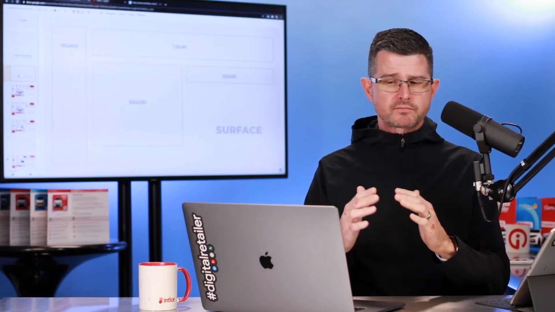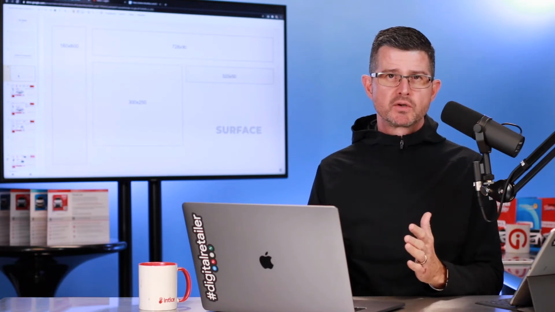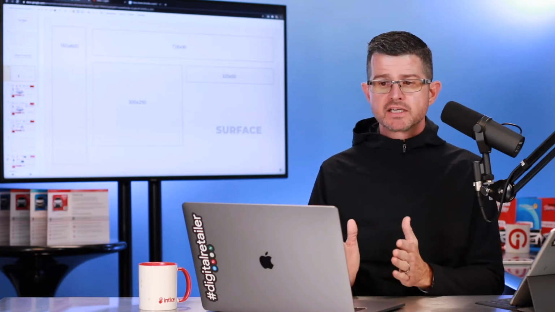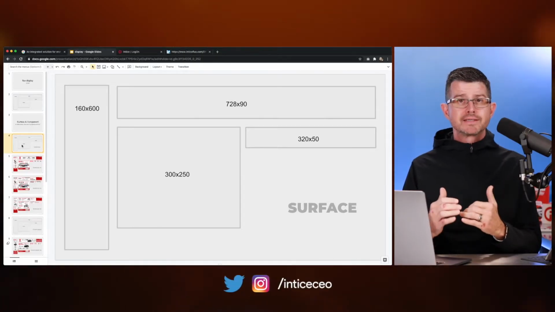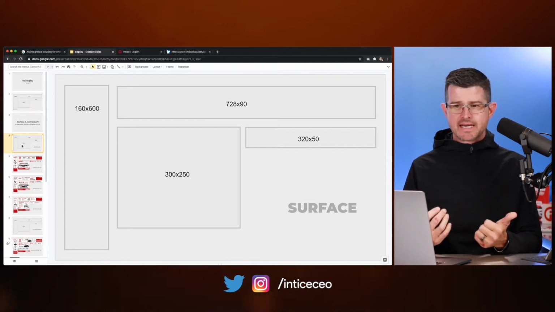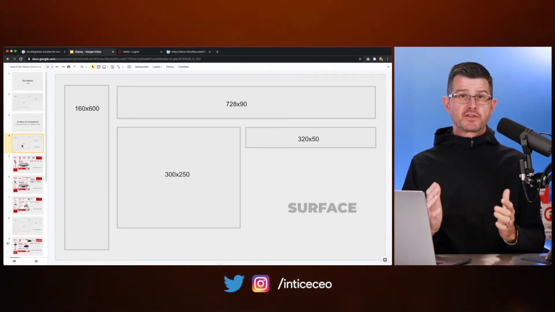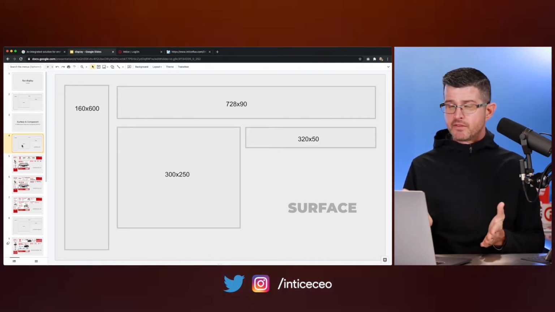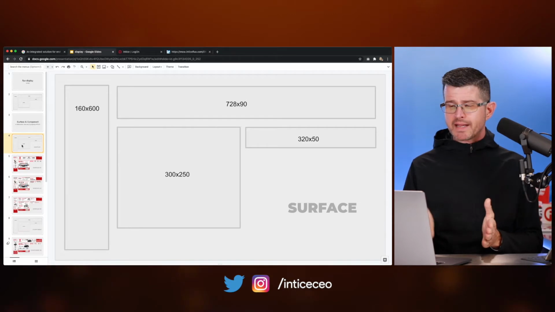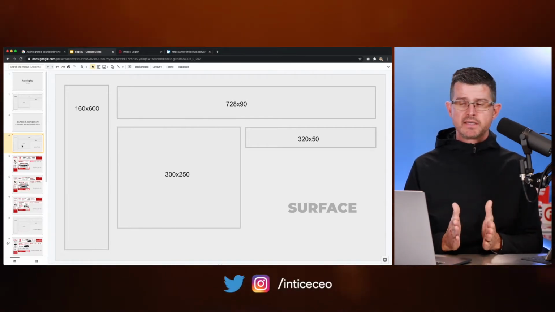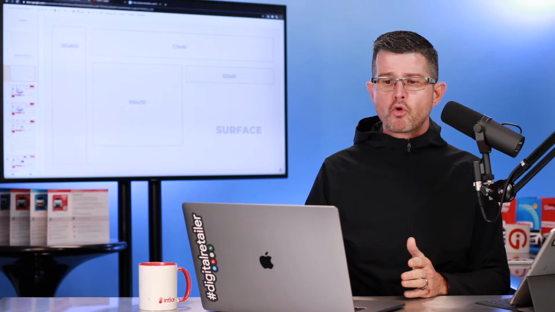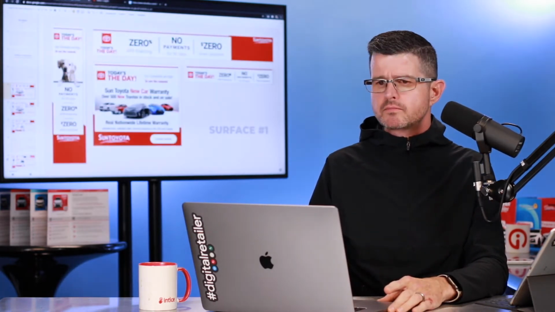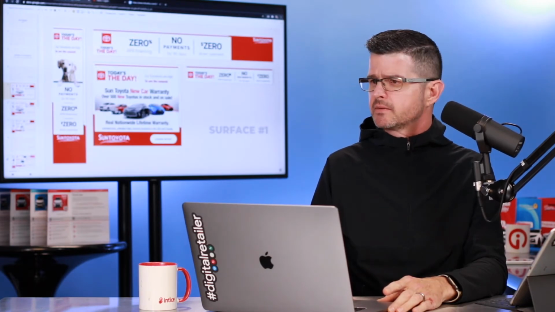So first of all, the ad sizes that we're going to be utilizing for our display advertising for our FLUX is going to include the 4 top performing ad sizes: a 160 by 600, a 300 by 250, a 728 by 90, and then the most popular and effective mobile ad size, 320 by 50. And for each one of these ad sizes, we're going to be creating